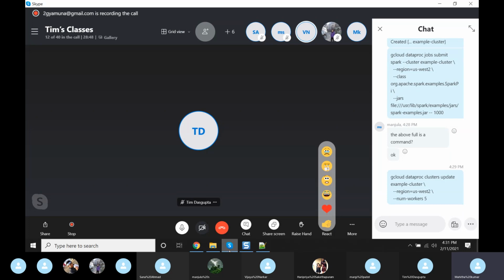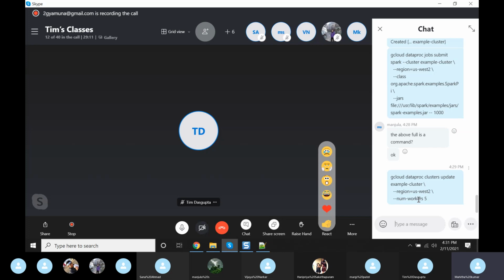Yeah, here we are just creating a small Spark job in this code. Okay, I see the Spark pi value, progress and date and all. Okay. So now using this one, we will try to update the cluster.